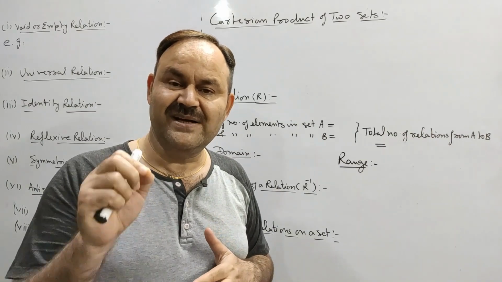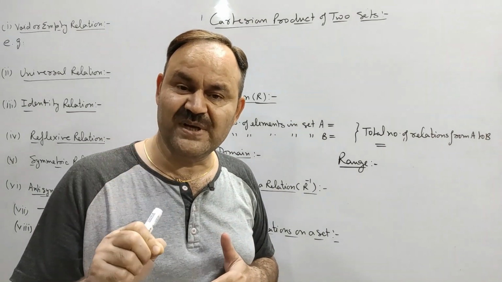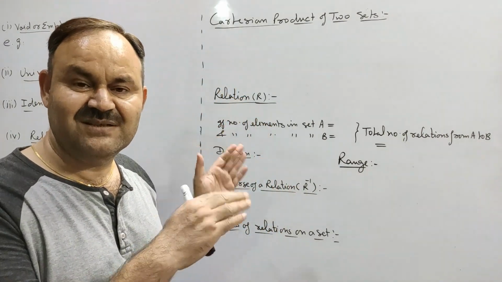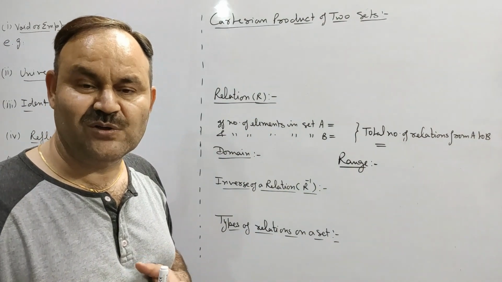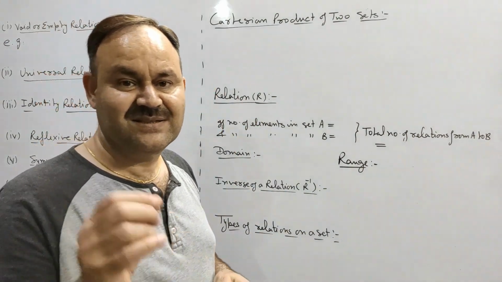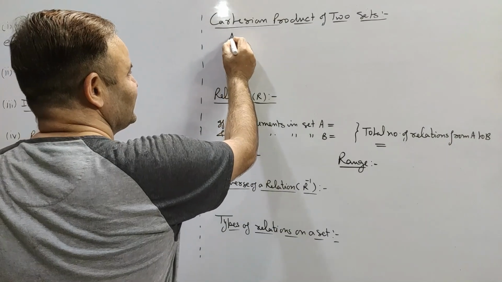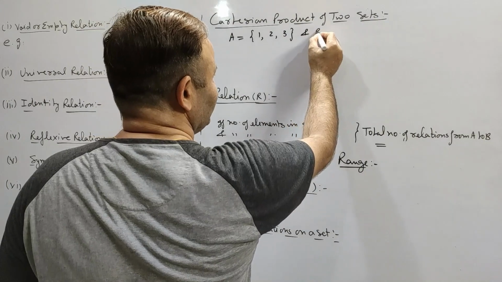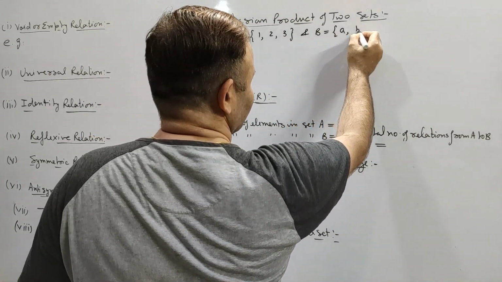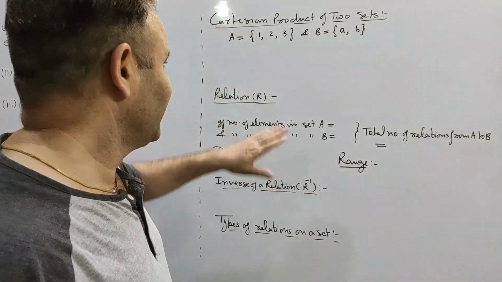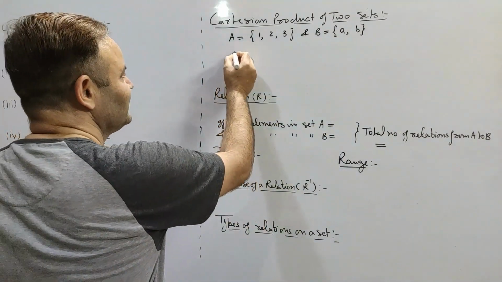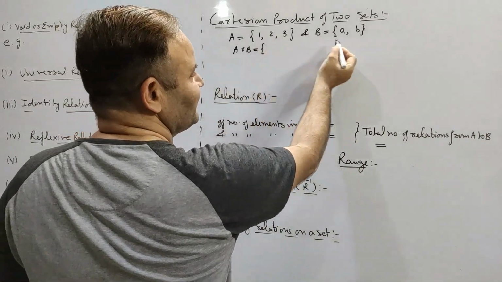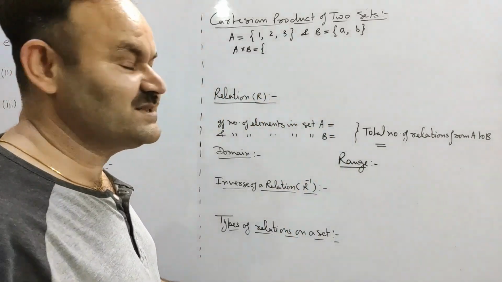sets, and Cartesian product of two sets will be defined as the set of all ordered pairs in which first element will belong to first set while the second element of ordered pair will belong to second set. Say we have two sets A = {1, 2, 3} and B = {a, b}. Then Cartesian product of these two sets will be A cross B, and that will have 3 multiplied by 2, that is 6 elements. So